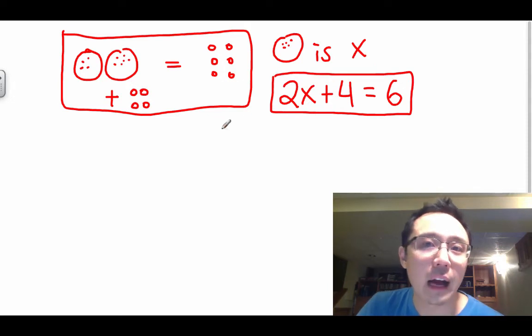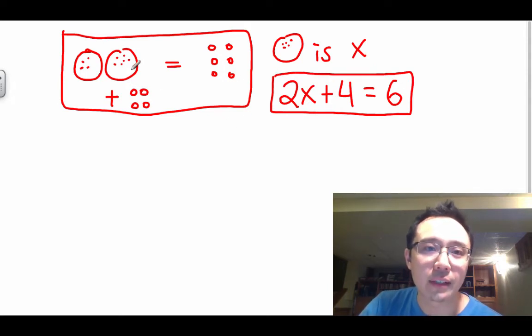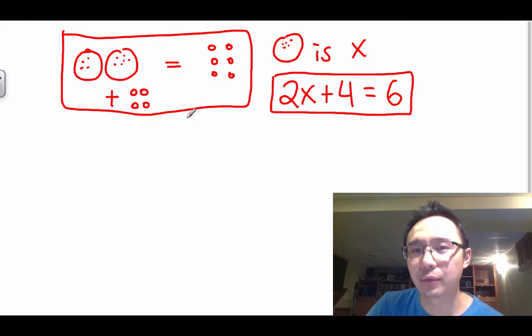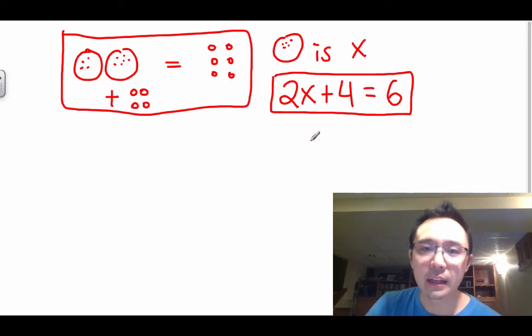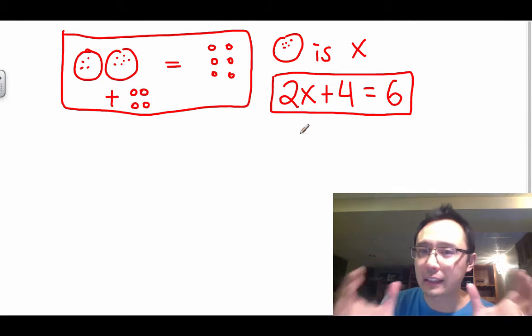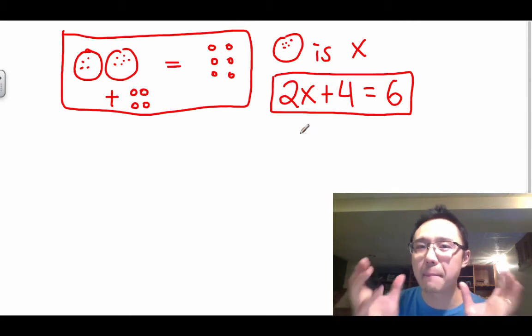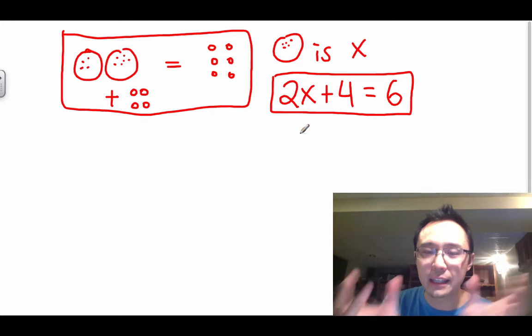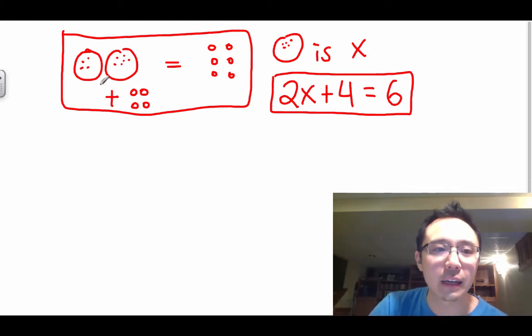So remember, what we talked about before is that our objective of solving equations is that we want to solve for 1 single variable. So right now we can't do it automatically, because we have this $4 that's with the oranges, or the x. So the only thing that we can do is move things around in the equation. Remember, this is an equation, so the steps on the left side and the right side must be the same. Because what if some guy's going to come in and say, I'm going to add